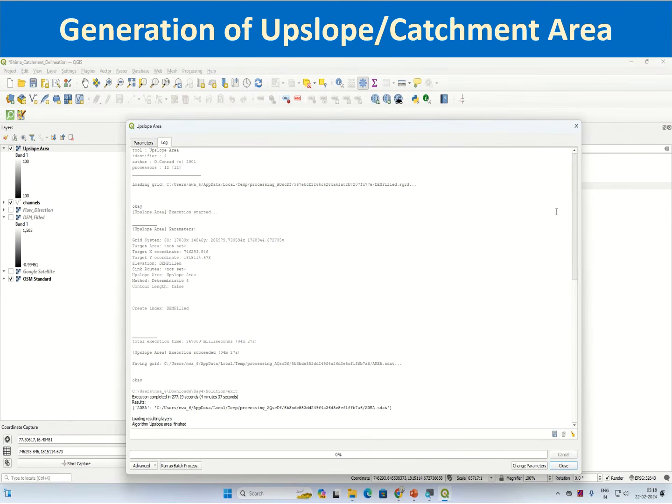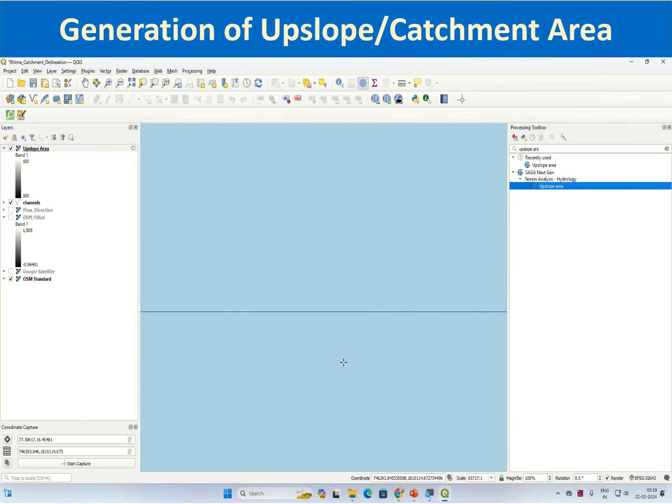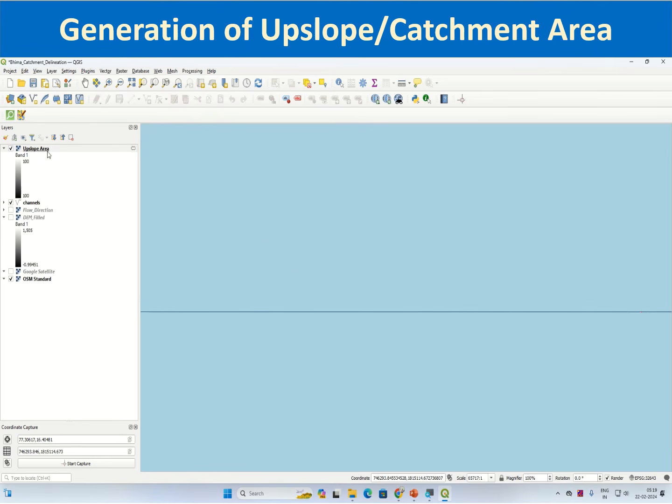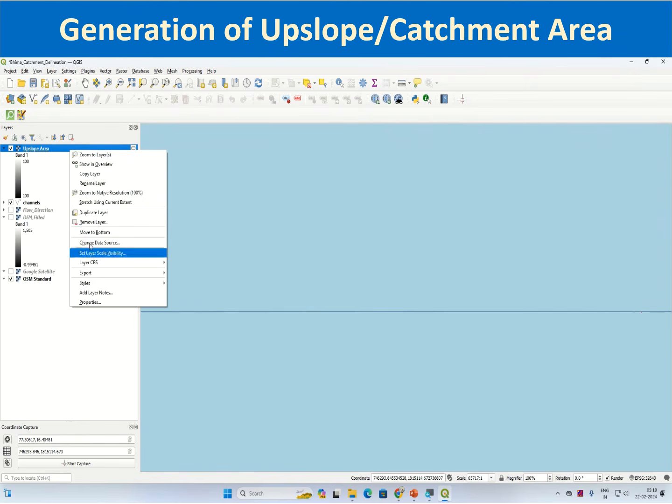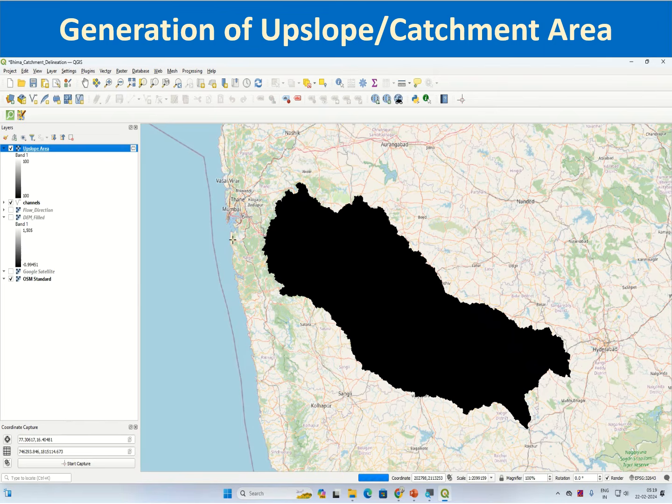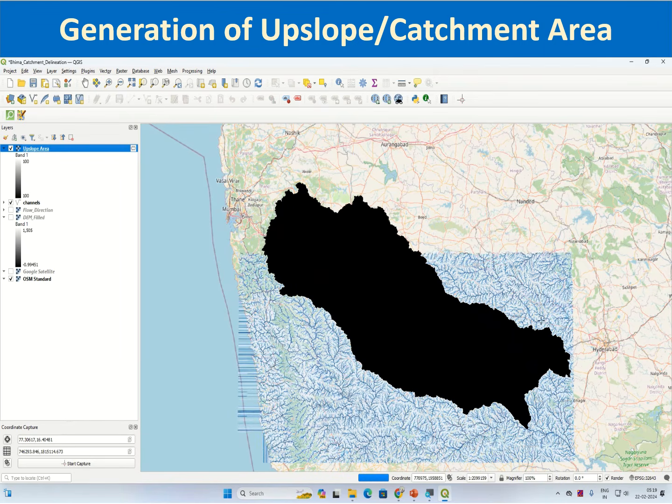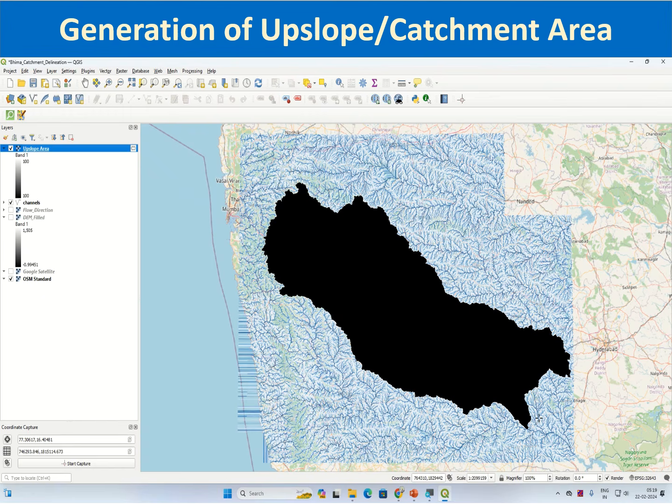Once the upslope area algorithm runs and the layer of upslope area is generated, the raster layer will be added to the layers panel. You can close this dialog box, and you can go to the upslope area, which is a temporary layer. We haven't saved it to file. You can right click it and zoom to layer. So you can see that your Bhima basin has been generated